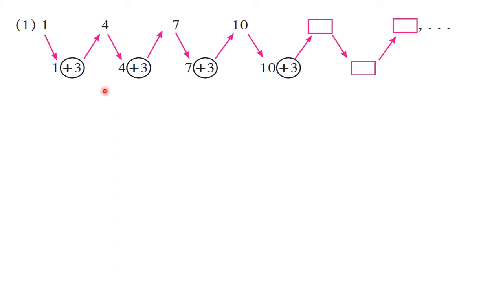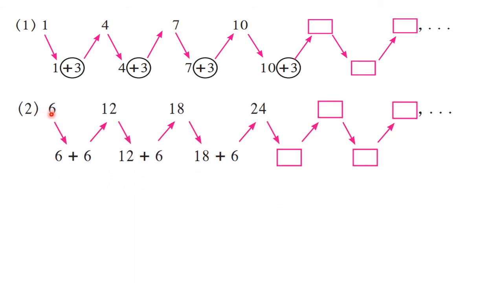Okay, so here the next term we are getting by adding 3 everywhere. Or conversely, if you want to say, 4 minus 1 is 3, 7 minus 4 is 3, 10 minus 7 is 3, 13 minus 10 is 3. That means here everywhere the difference between two terms is the same, or it is constant, that is 3. Okay, let us take one more example.